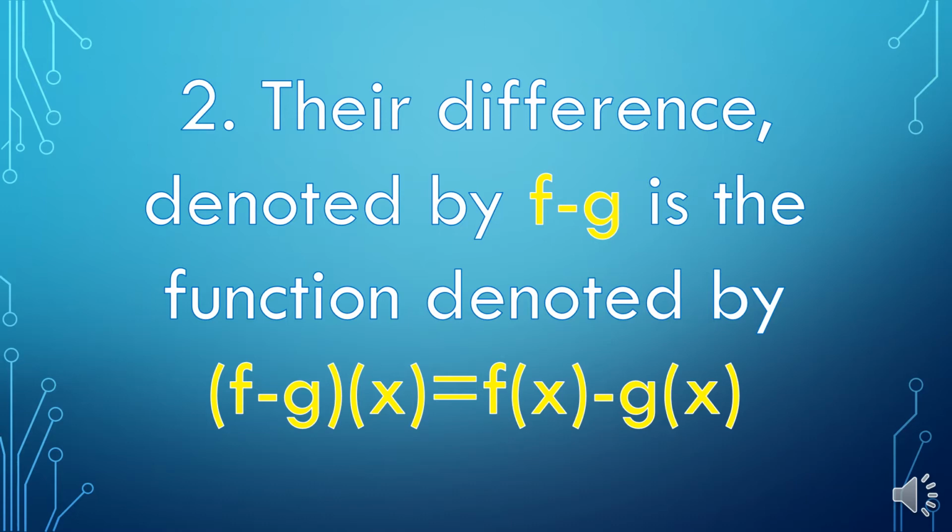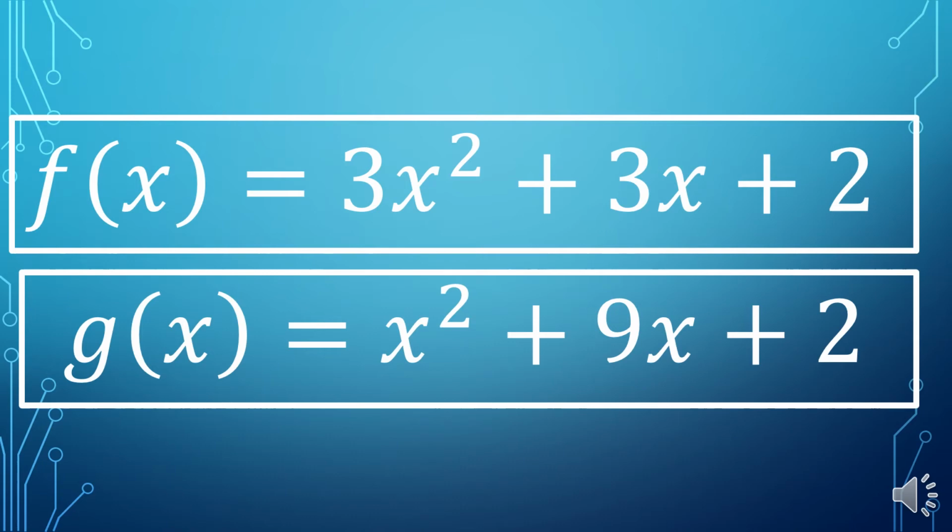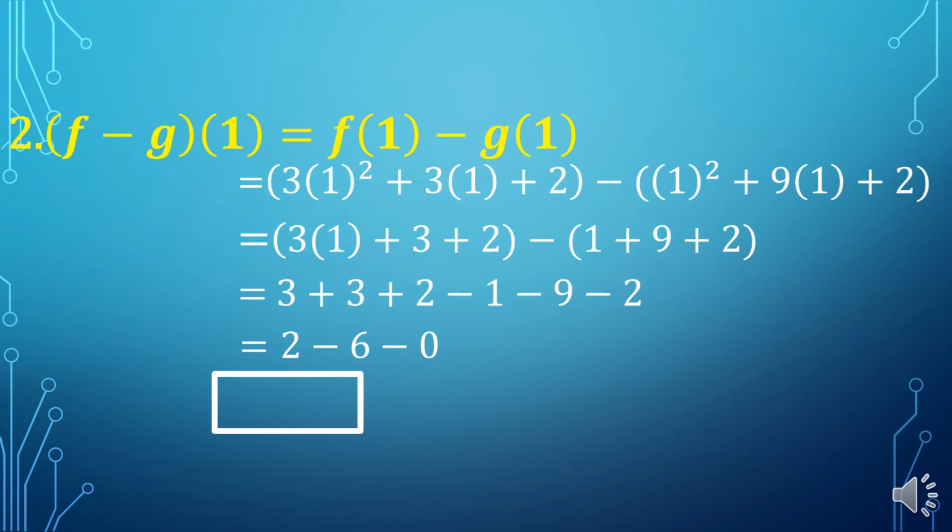denoted by f minus g, is the function where f minus g of x is equal to f of x minus g of x. And for our first example, f of x is equal to 3x squared plus 3x plus 2. g of x is equal to x squared plus 9x plus 2. And for the solution number 2, f minus g of 1 is equal to f of